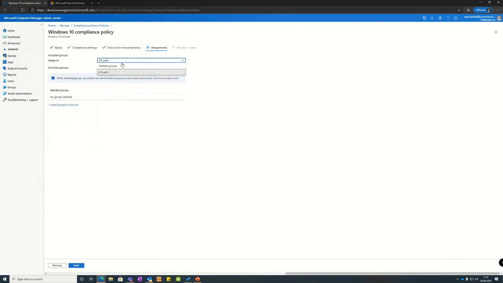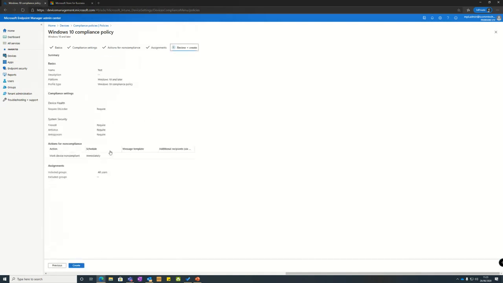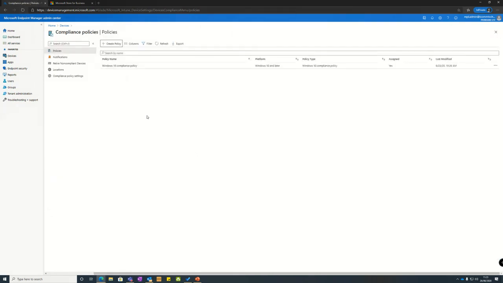This is a user-based thing, who it applies to. So I'm going to go ahead and say all users. And I hit next, and we get a review. Test, Windows 10 and later, compliance policy, requiring BitLocker, firewall, antivirus, and anti-spyware. And what's going to happen if a device doesn't meet these rules is it's going to be marked as non-compliant. Okay, now again, I'm not going to apply this right now,